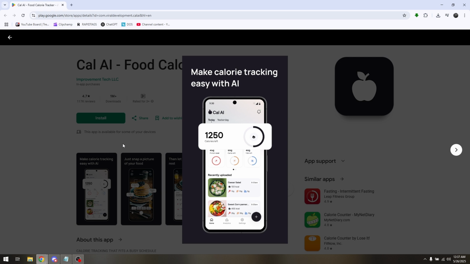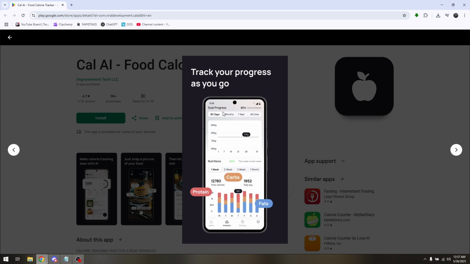So Cal AI actually has this feature where, when you're currently on a meal, you can actually scan it. Once you have scanned it, there is a specific amount of calories indicated on your screen depending on the food that you scan. Now, once you have scanned it, the next thing to do is just to input your accurate kilogram